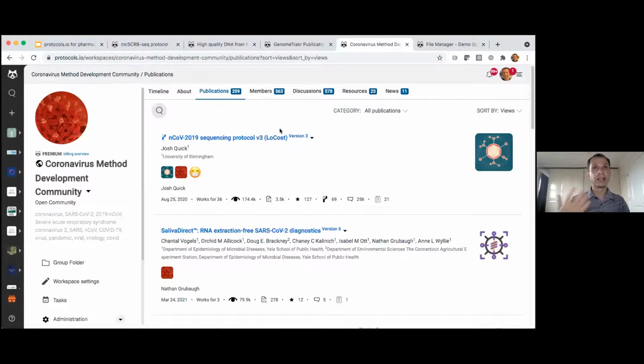And again, the benefit of this is people that are part of a workspace, not only do they see the discussions, but when new protocols come in, when there are forks, when a new version is added, everyone who's in the workspace is notified. So it's a way to stay on the same page and be up to date as a team in terms of the method development.